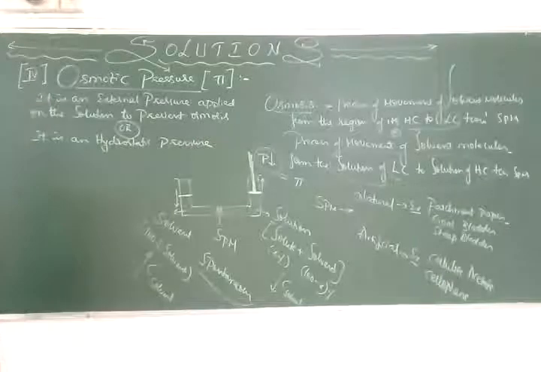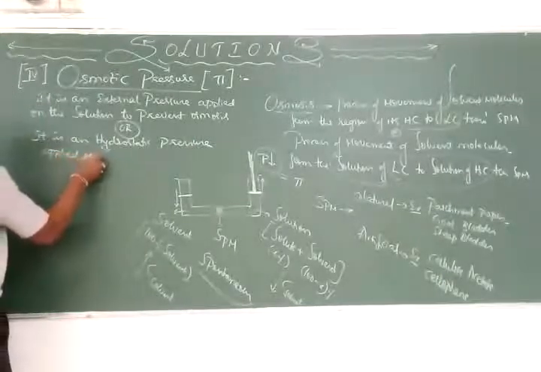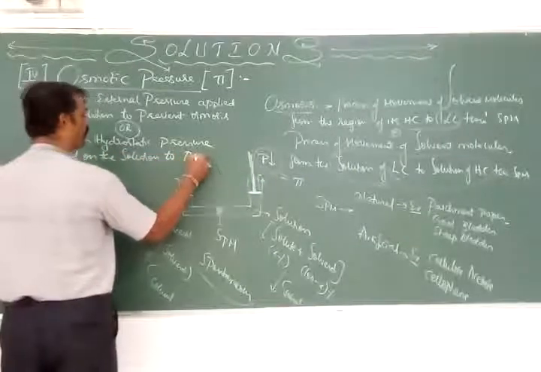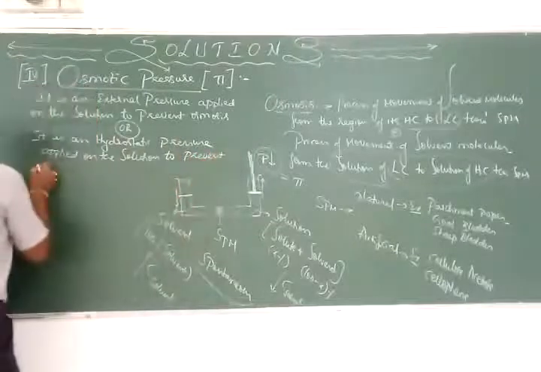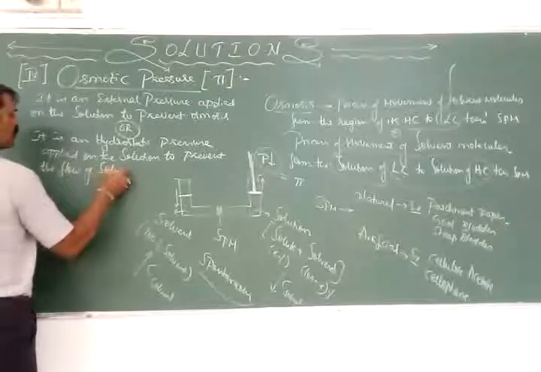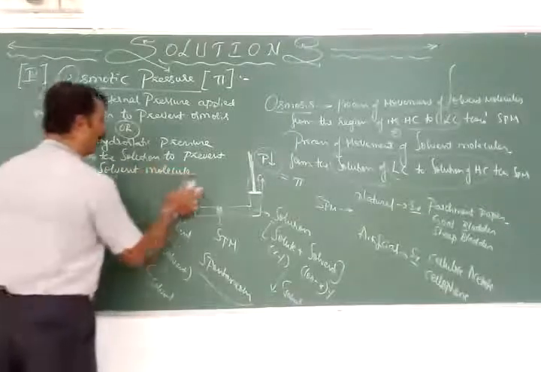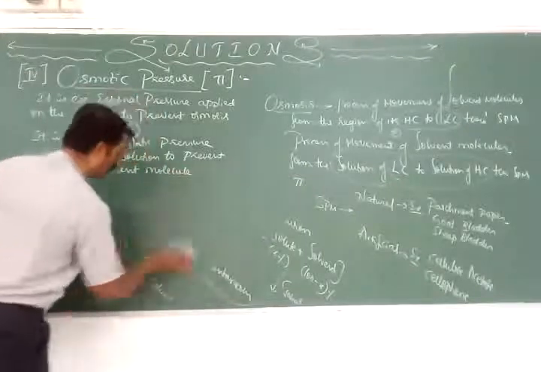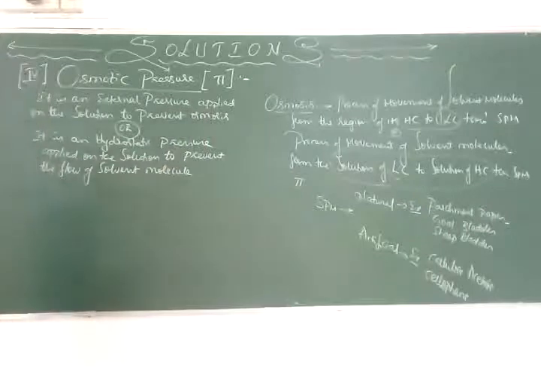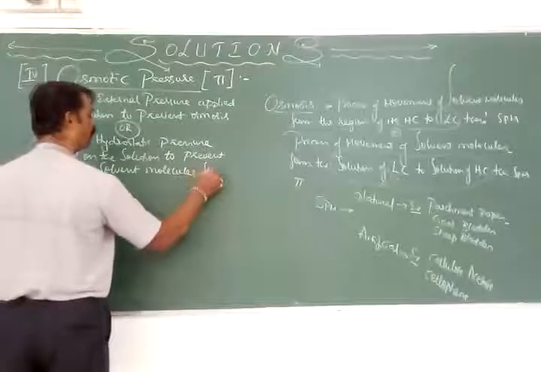Hydrostatic pressure applied on the solution to prevent the flow or movement of which molecules? Solvent molecules. It is a hydrostatic pressure that has been applied on the solution to prevent the flow of solvent molecules from